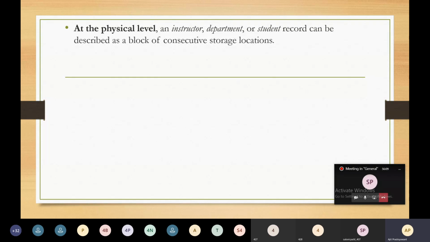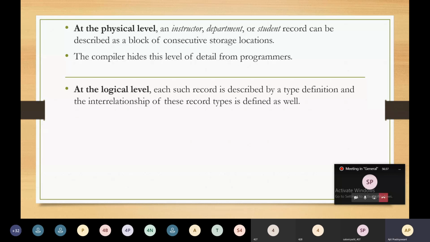It is called a block of consecutive storage locations. The compiler hides this level of detail from the programmer. Once you insert the data into this relation, automatically that data is stored, without the user or programmer knowing exactly how it is stored inside the memory. So this happens in the physical level.